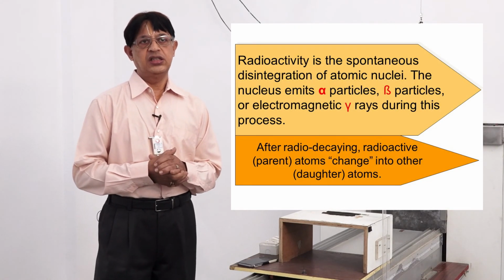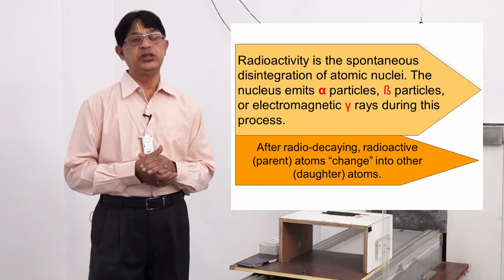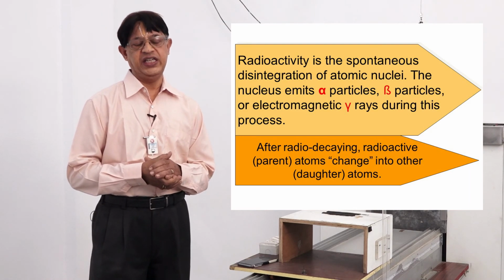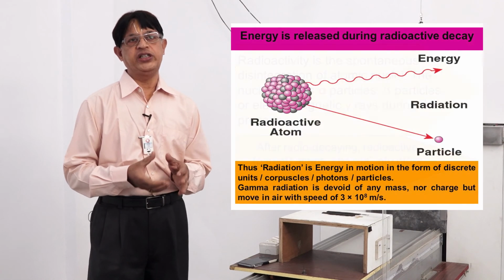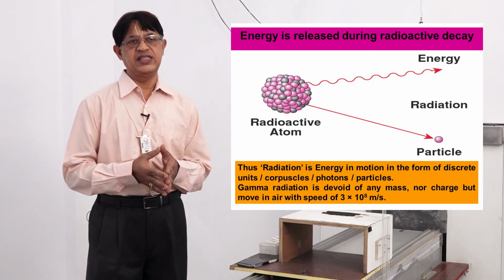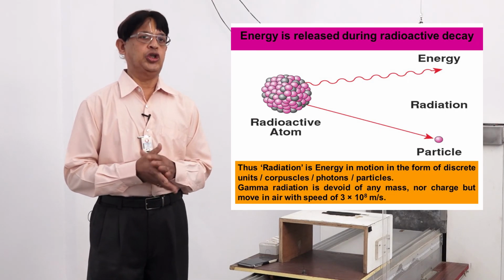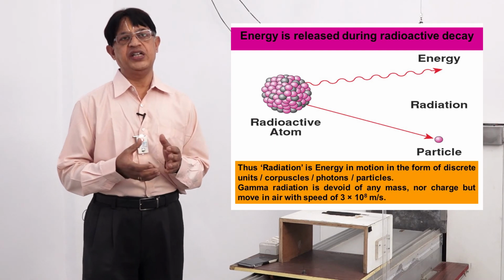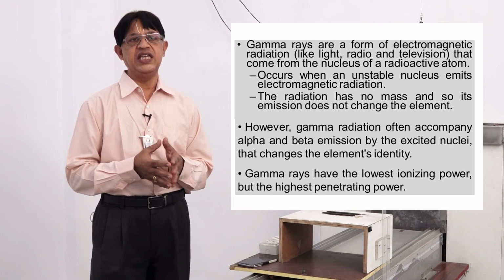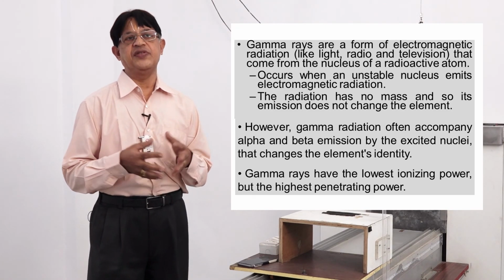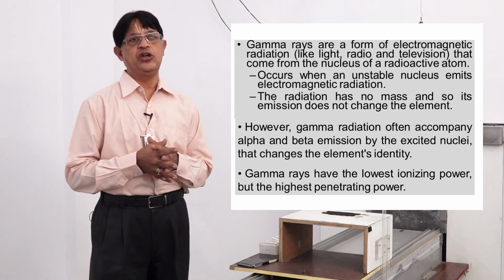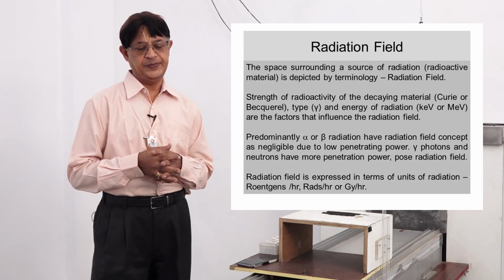To begin with, all of you have understood radiation as a phenomenon due to radioactivity. Radioactivity is the spontaneous emission of energy in the form of particles, units of energy or electromagnetic energy. When we are talking about alpha or beta, the radiation field concept is marginally less significant, whereas when we are talking about gamma, the electromagnetic photons, the radiation field concept becomes very prevalent.